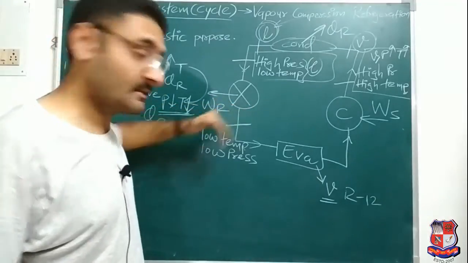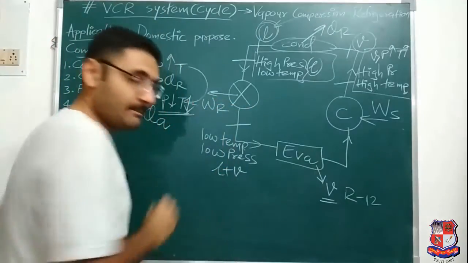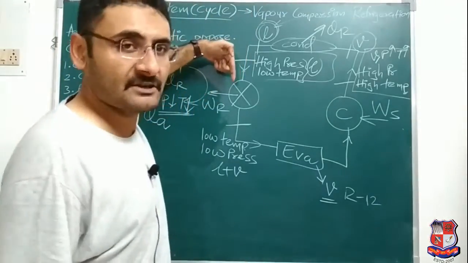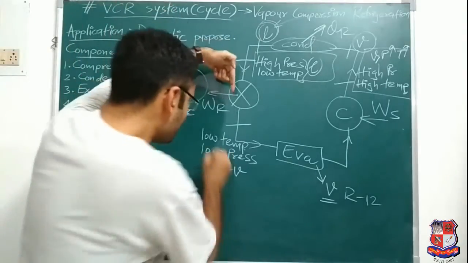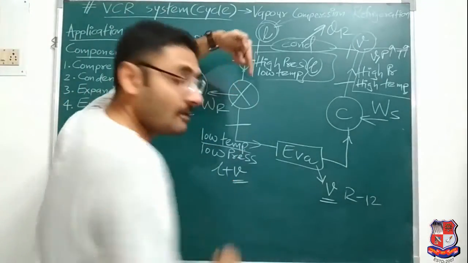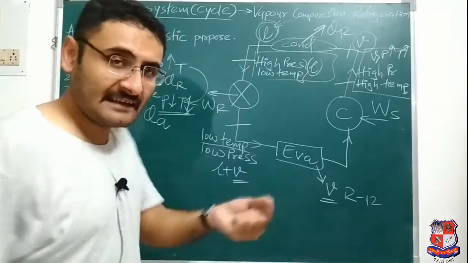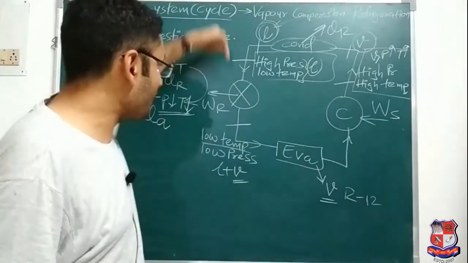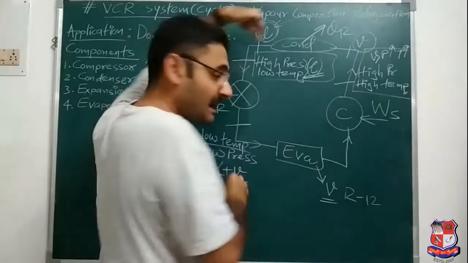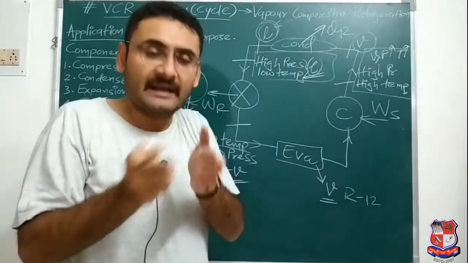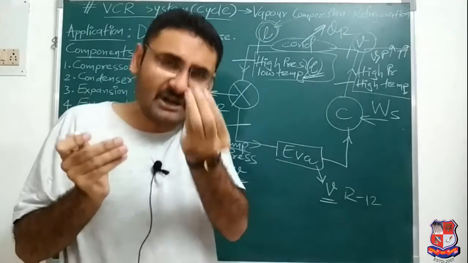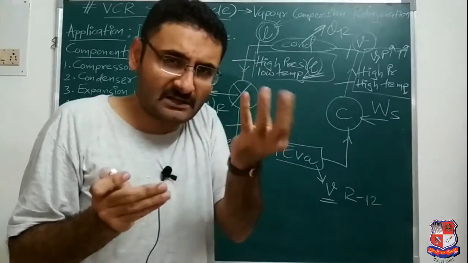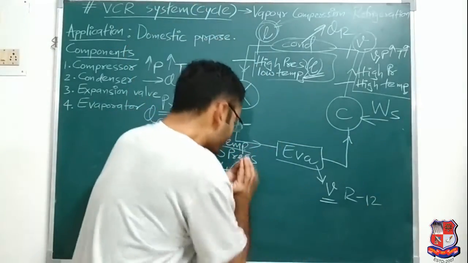But which will be the form? The form will be liquid plus vapor. Now one question may arise: over here liquid is entering and the liquid form of refrigerant is reducing its temperature, then how will the vapor form come? The simple reason is that, as I told you, the expansion device is a small micro mm hole, and from that hole, what will pass? Liquid will pass. So what happens? Some frictional losses are there, and due to those frictional losses, a minor amount of heat is increased, and that increased heat will convert some liquid particles into vapor particles.